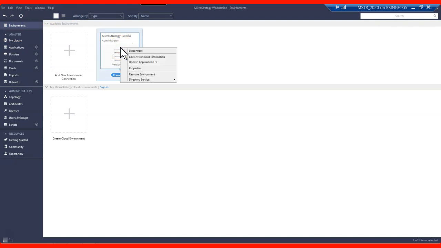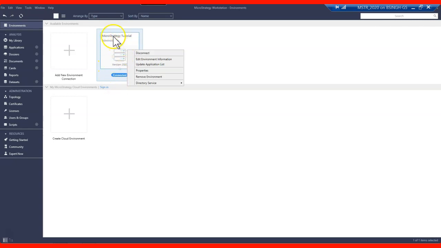If later you want to work with other applications as well, it's not necessary to disconnect, remove everything, and then add all the other applications to the Workstation. You can just click on environments and then go to MicroStrategy tutorial.